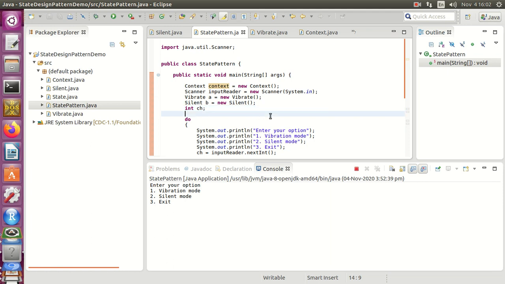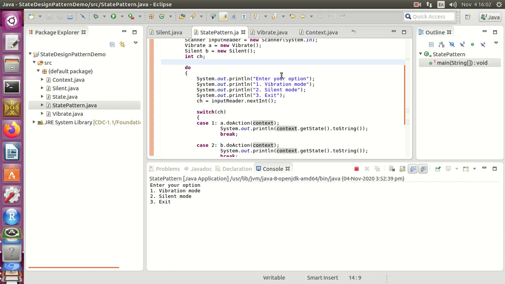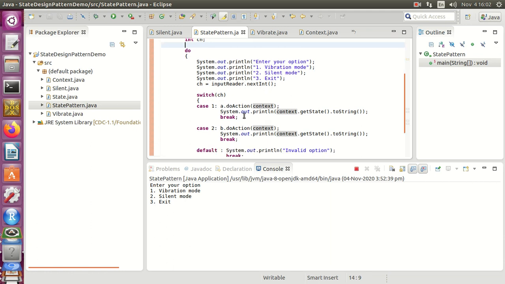After that, depending on the user choice, here you can see a dot do action context. So suppose the vibration choice is given by the user, or depending on the alert, it will execute the respective method, that means the do action method.